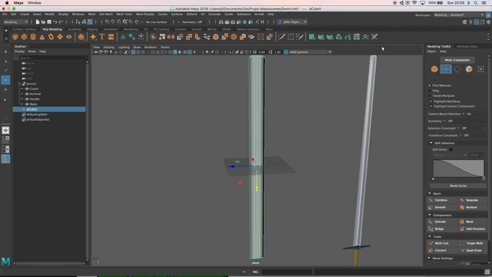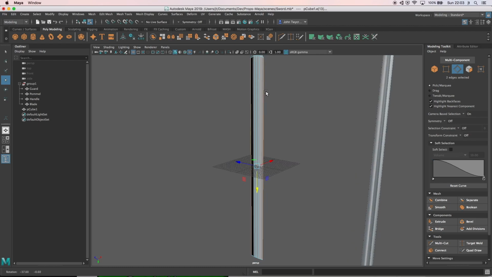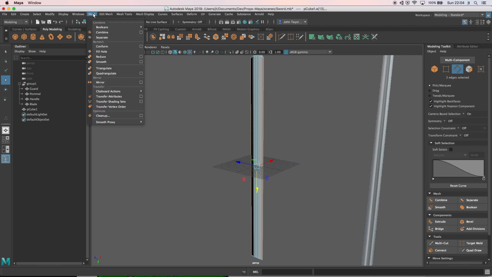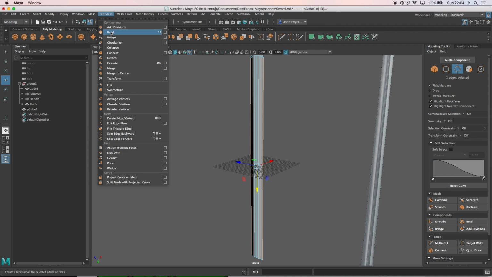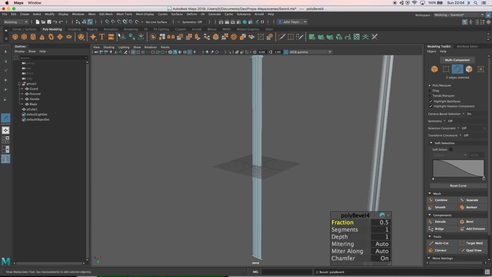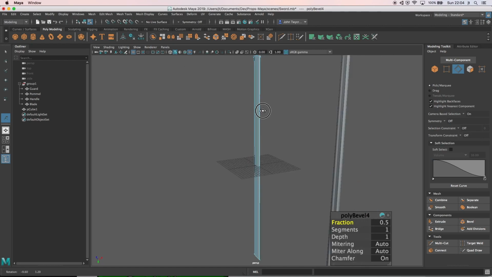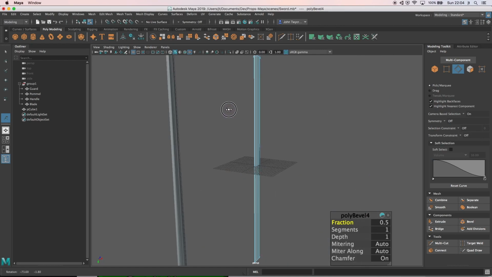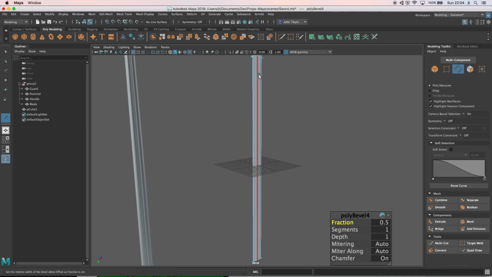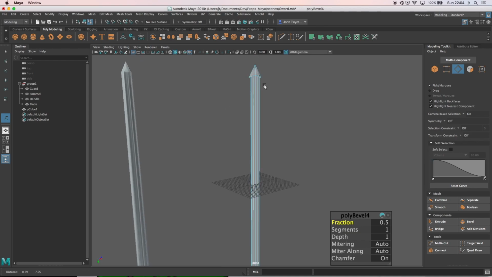To get a slightly sharper look to that edge of the blade, I'm going to go to edges again. So I remembered my selection and take those edges there. But I'm going to use a bevel function just to give me a bit more geometry around that. It kind of smooths it off within that, and it's also giving me a kind of sharp arrowhead at the top, which I didn't really want, but that's fine for me. At the moment I'm just going to put in 2 segments there, a very slight depth,